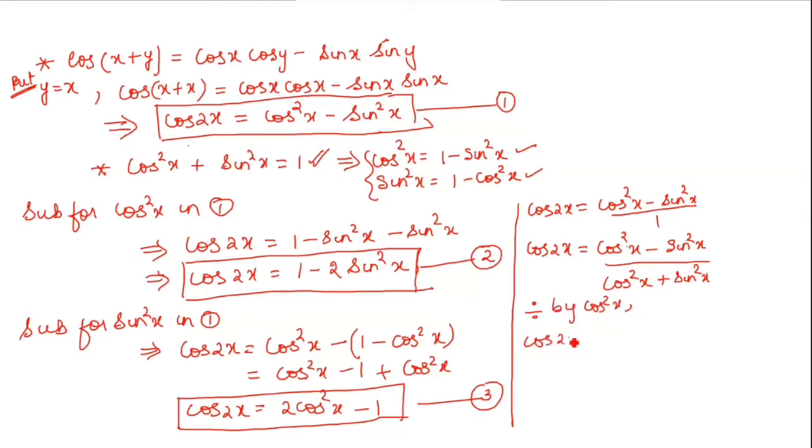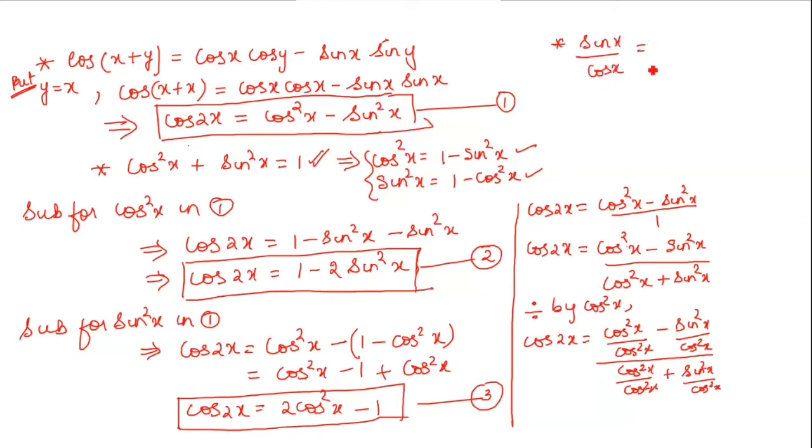We get cos 2x is equal to, so let me write first such that it becomes easy for you to remember, cos square x by cos square x minus sine square x by cos square x. Everywhere I have to divide by cos square x only. Okay, whole divided by cos square x by cos square x plus sine square x by cos square x. Okay, now what is sine by cos? Sine x by cos x is nothing but s by c. It is always tan x. So if it's the opposite, that is cos by sine, it is the cot.